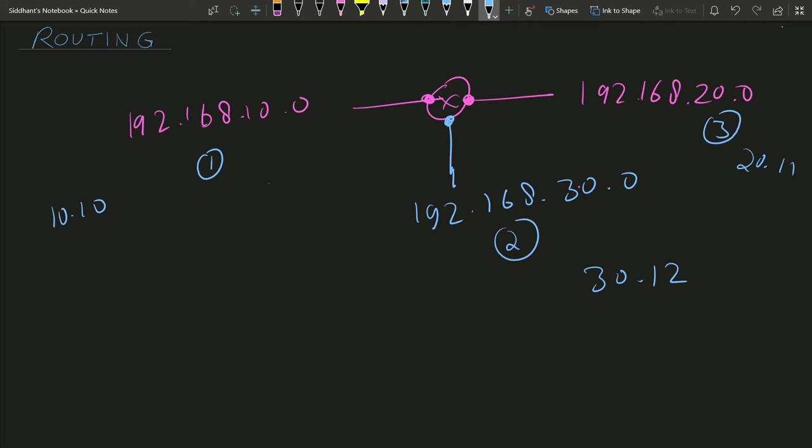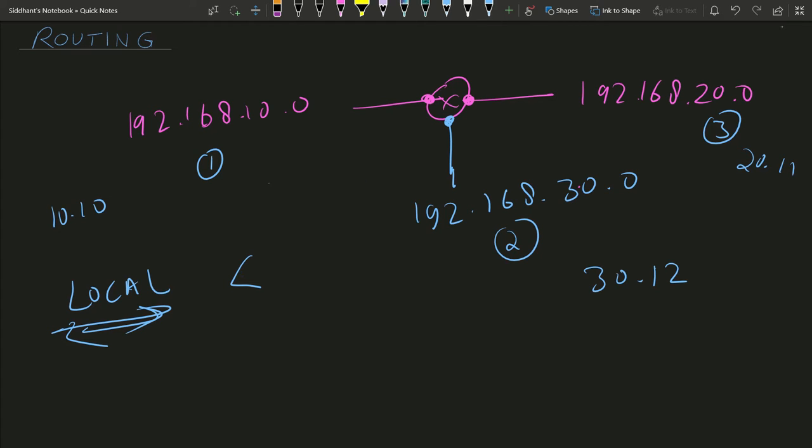Now in this route table there will be different kinds of routes. The first kind of route is a local route. A local route will be like 192.168.10.0/24. This is a local route because it is directly connected to this router. Whatever networks are directly connected to a router all come under local routes. So you don't need to advertise these routes to the router.